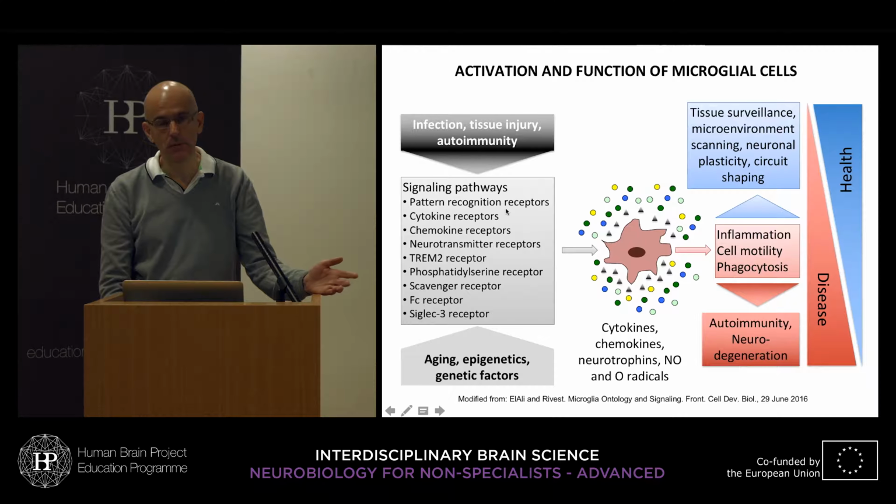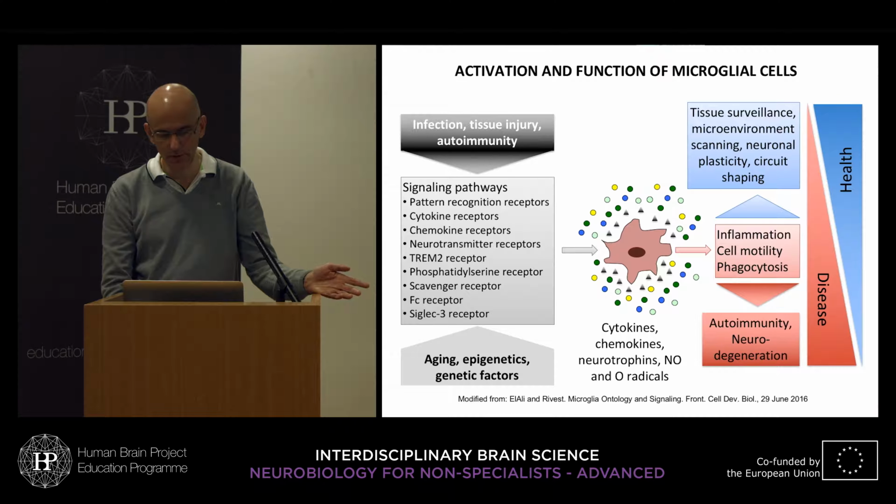Pattern recognition receptors I mentioned before. Toll-like receptors are the most well-known of those. Cytokine receptors, chemokine receptors, neurotransmitter receptors, TREM2 receptor, phosphatidylserine receptor, scavenger receptor, Fc receptor, complement receptor 3, and many others more. So there are a couple of signaling pathways which lead to the activation of microglial cells, which then in turn produce cytokines,